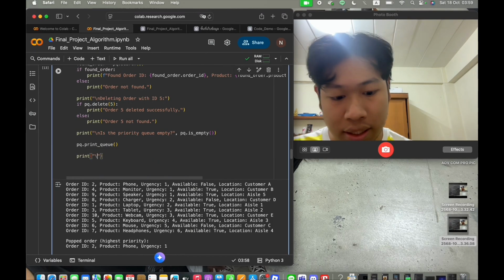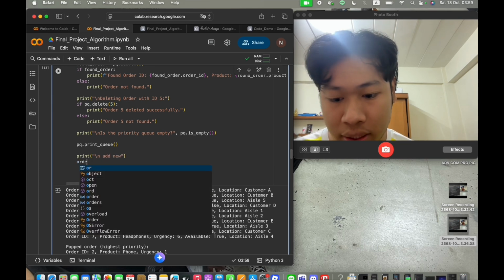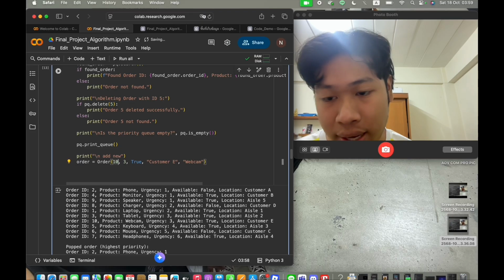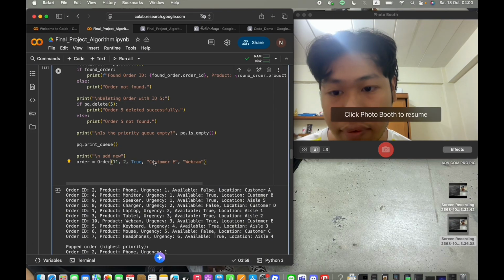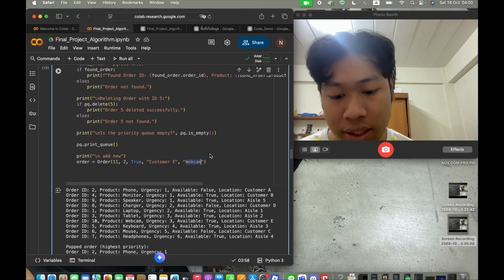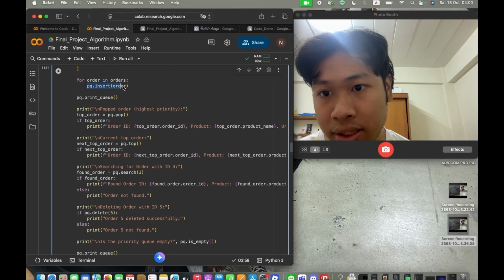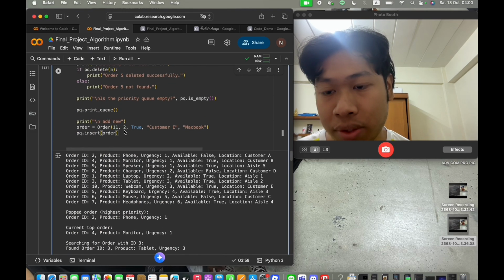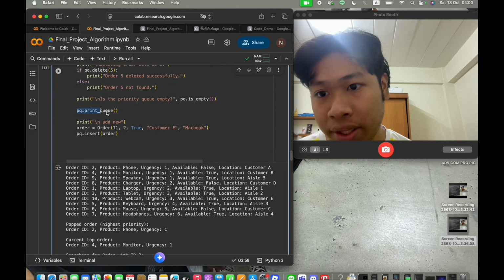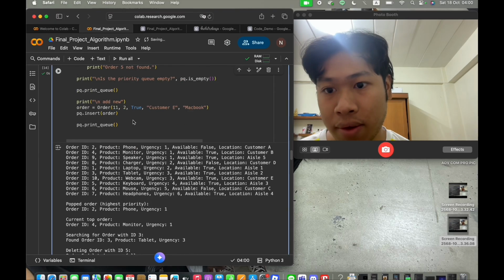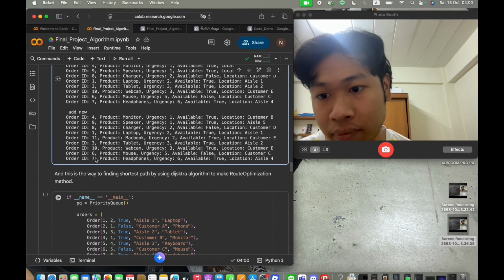Okay, print this, add new. When we add this, we will set order equal to this, and change the ID to 11. This is the priority of it. I will change to 2, and customer I will not change, and this MacBook. Okay, and then we will use this. This is pq.insert that will insert order to it, and don't forget to print it out. Okay, when you run again, they will add new, and this ID 11 product MacBook will add in your